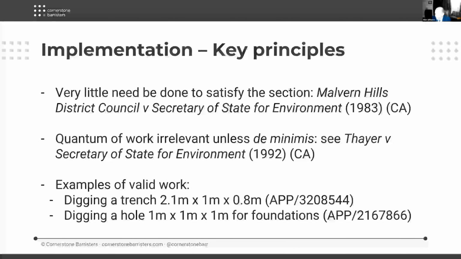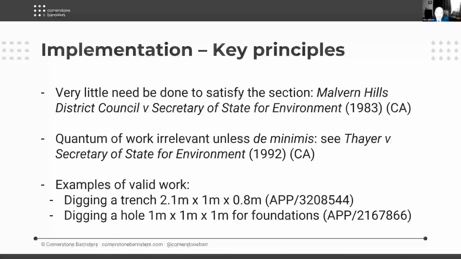Now, what are the main principles when it comes to implementation? Perhaps the most important is that very little needs to be done to satisfy section 56. That issue is made clear by Malvern Hills, which is on the slide. In that case, the developer had pegged out a new road, a distance of some 250 feet, had driven pegs into the ground. They weren't intended to be a permanent feature of the development.